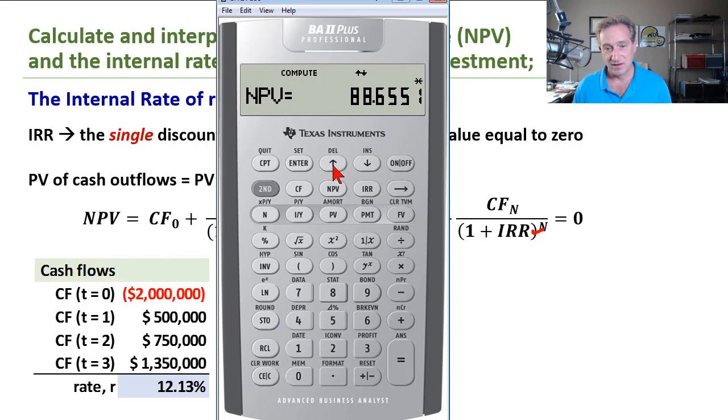Okay, so if I bring my calculator back and just show you one thing here, it really is an iteration. If I didn't have my IRR key, right, you recall we had a 10% discount rate with this series of cash flows, giving us an NPV of 88. So if I go up arrow here, if I now increase the discount rate from 10 to 11%, then my net present value should go down, right? So I'll go to 11, hit enter, and then